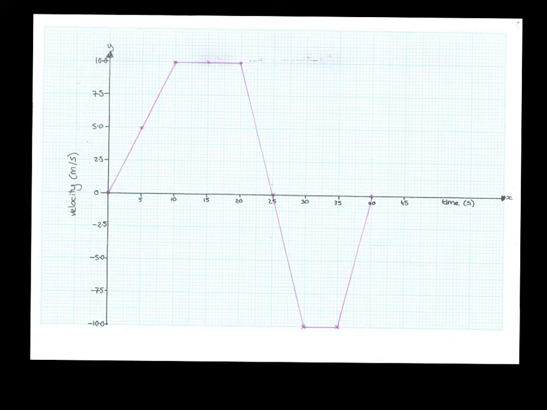So here's your velocity time graph that you plotted previously from your data. And what we're going to do now is label the different sections of the graph. So you start off with labelling sections of the graph where we've got a constant velocity. So we've got a constant velocity on this section here. And we've got constant velocity on this section